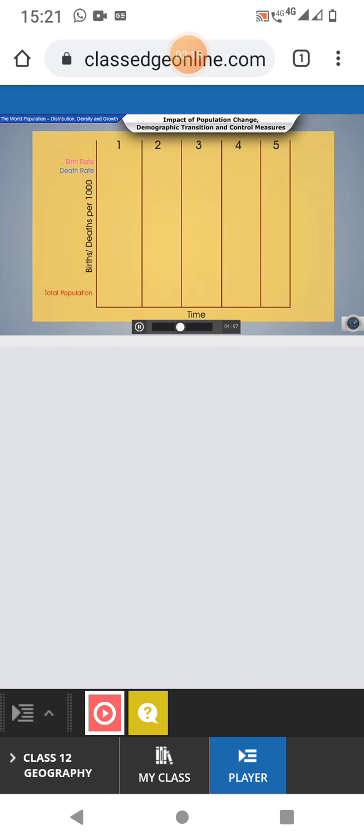The demographic transition takes place in 3 stages. In the first stage, the pre-industrial society, death rates and birth rates are high and roughly in balance. Population growth is also slow and most of the people are engaged in agriculture. Life expectancy is also low and most of the people are illiterate.